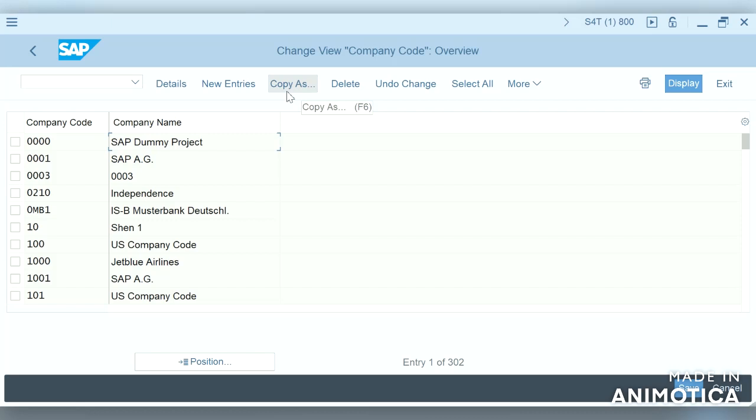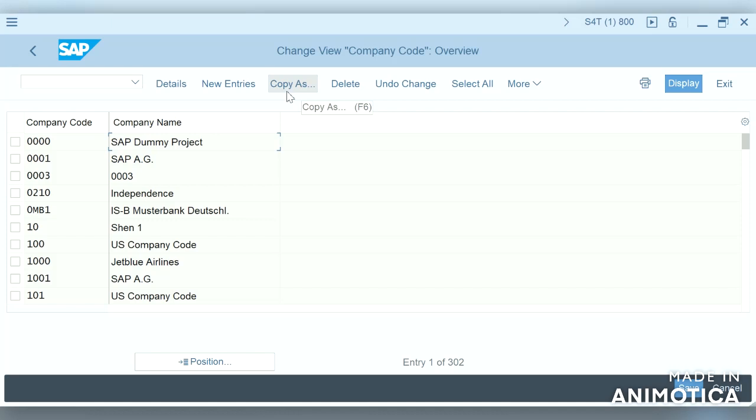Normally, as per SAP suggestion, it is always better to copy the company code from the standard country template which is provided with the SAP best practices package.